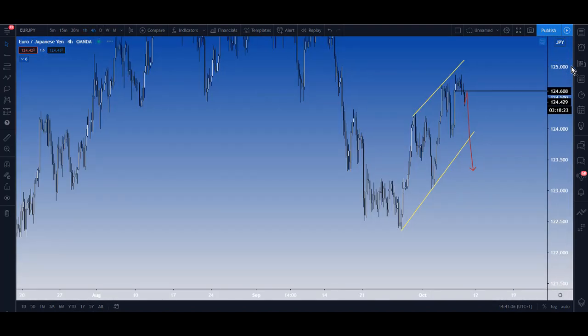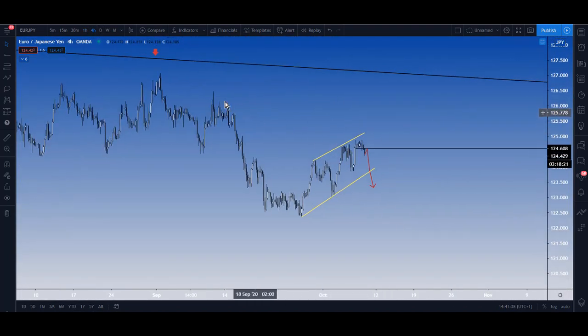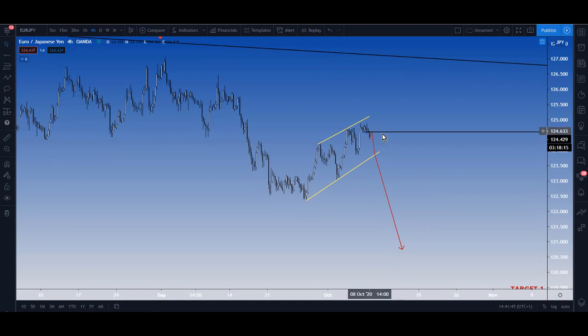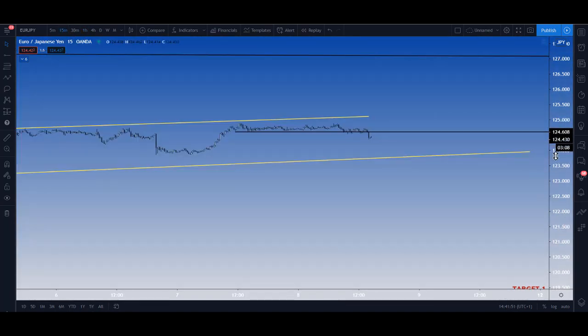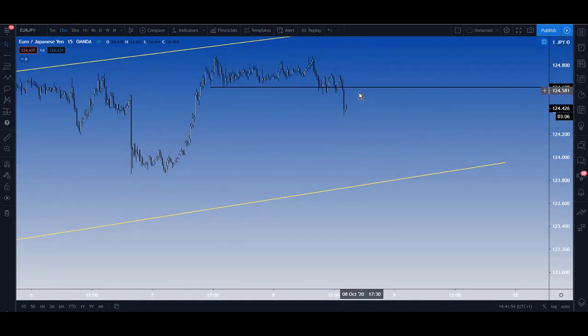go back to the 4 hour. If this is a correction of this impulse down, then we'll be looking for another big move to the downside. So this could be potentially a really, really good trade. So intraday traders out there, keep your eyes on euro yen. You're looking for a pullback and retest somewhere up here. Look for those sellers to come in. And then you're looking for that move there,